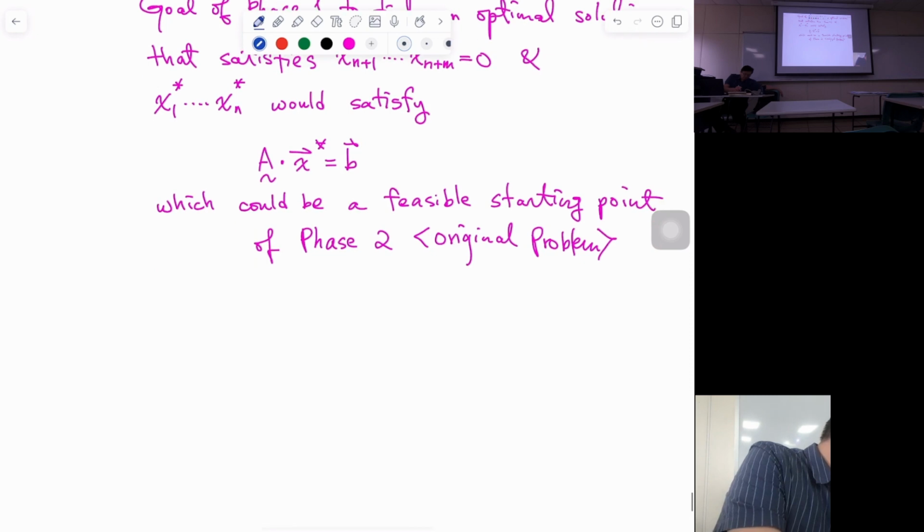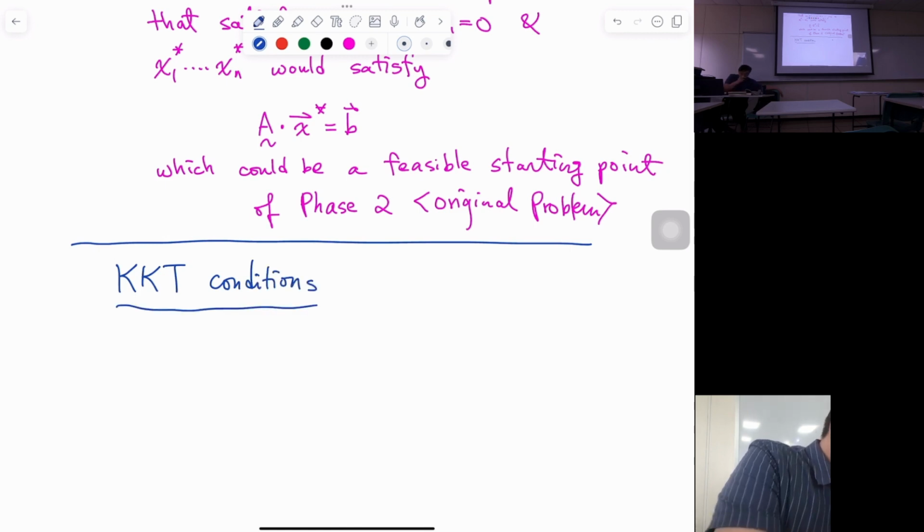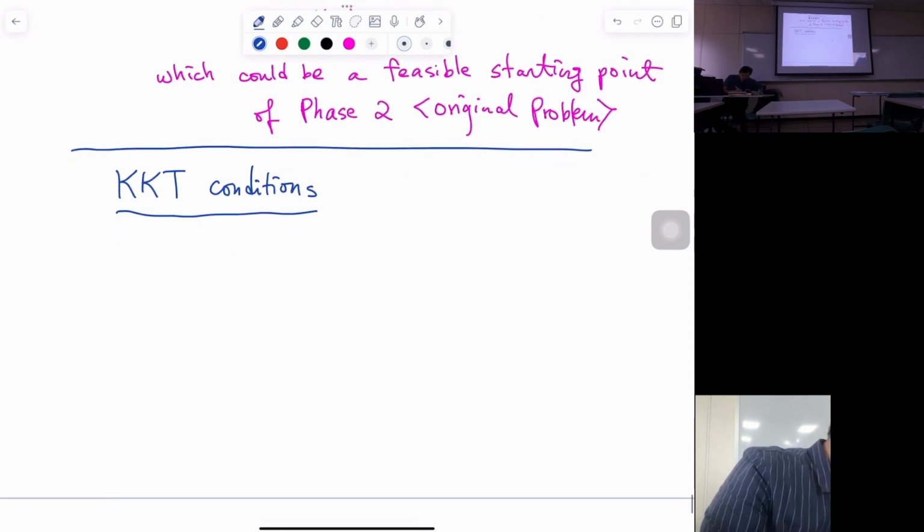But there is something called the KKT conditions, multiple conditions. I will let you know what those are, and later on I will prove why those are so-called the KKT conditions. So if we are solving the problem